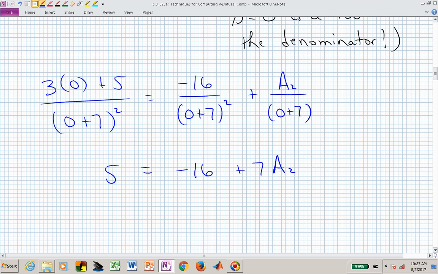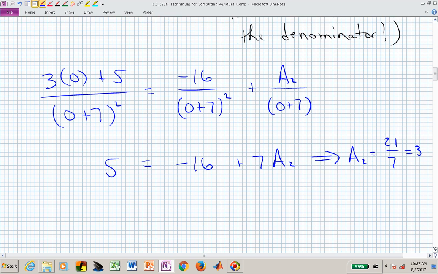Since we had 7 squared divided by 7, we now have 7a sub 2. Or if we now add 16 to both sides, we have 21 equal to 7a sub 2, or a sub 2 now becomes 3,